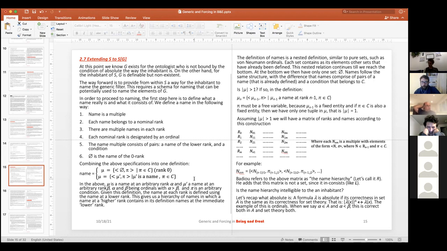The first step is accessing the existence. The concept of generic is something that the inhabitant has access to, but